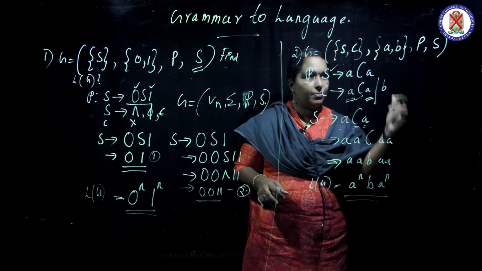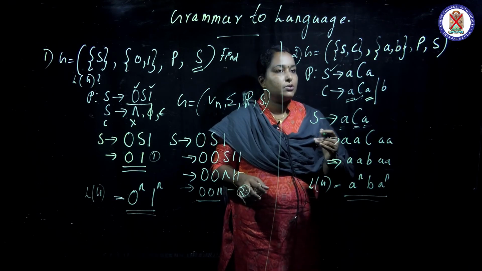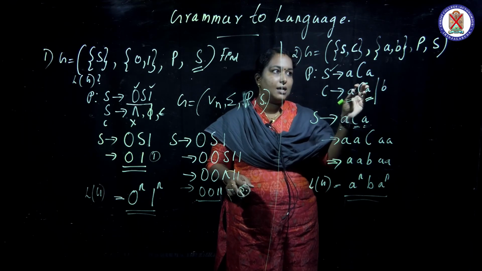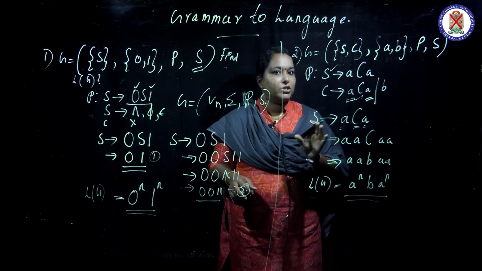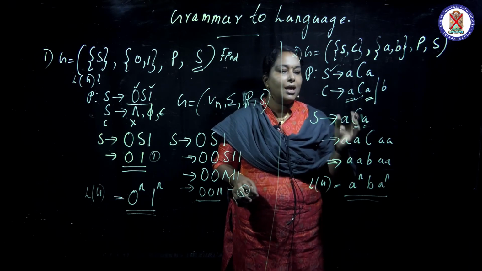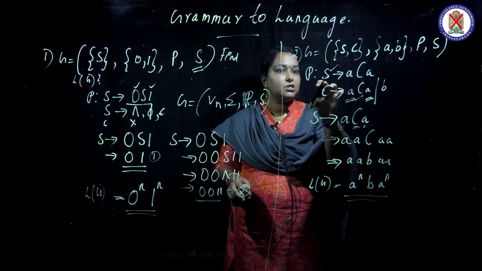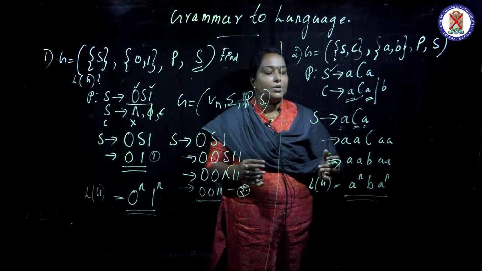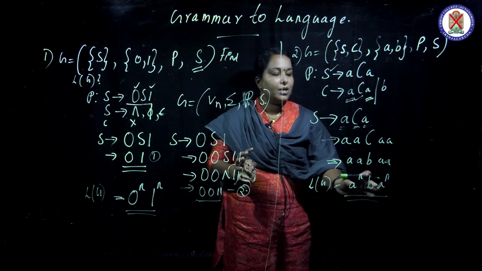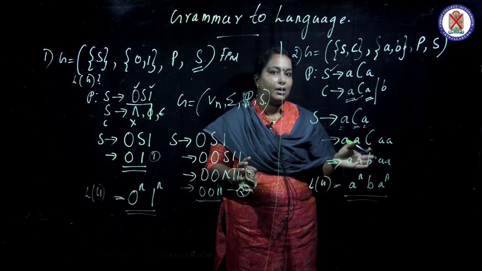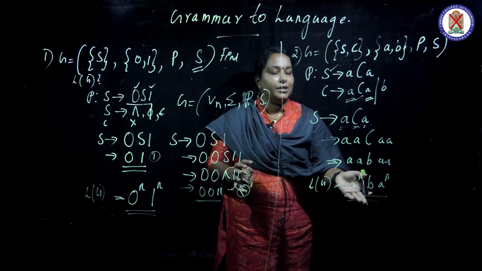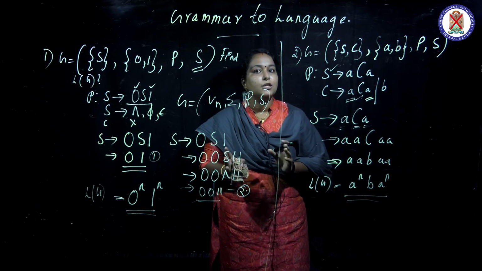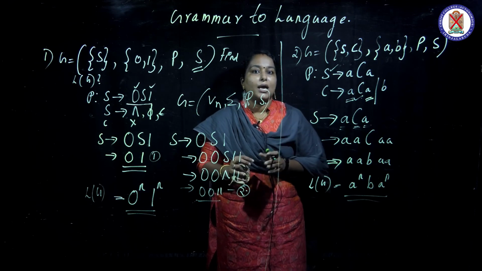So very simple. From grammar to language, you must first look for the terminal symbols and non-terminal symbols. Identify the start symbol in the production. Look at the productions, start from the lengthiest production that begins from the starting symbol, substitute it and look for the pattern. When you get the pattern, that will be the language. You can also cross-check it with two or three substitutions, and again you will get a raised to n, b, a raised to n. Okay, with these two examples, I think you have got an idea of grammar to language. Okay, thank you.